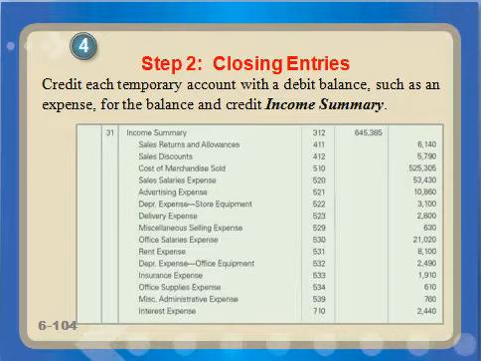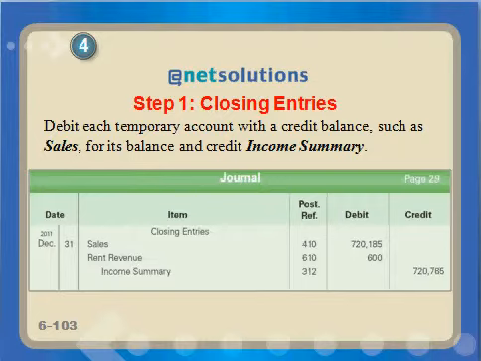And this shows your first entry. Whoops, let me go back. I think I missed just a little on here. Yeah, this shows our first entry. We're going to debit the sales, $720,185, and debit the rent revenue for $600, and then credit the income summary, $720,785. And then our second entry,